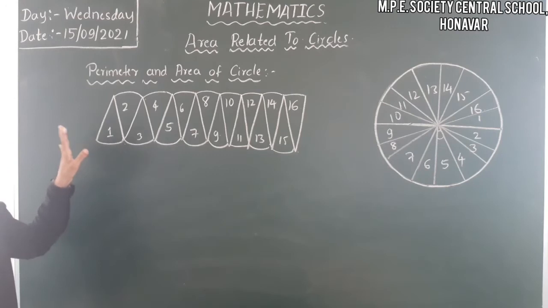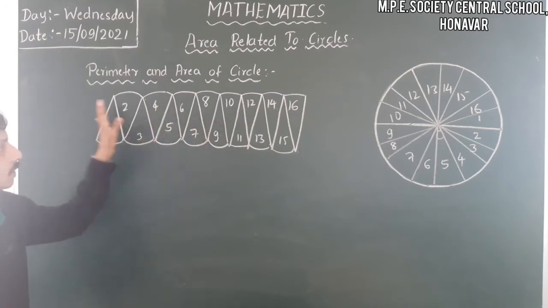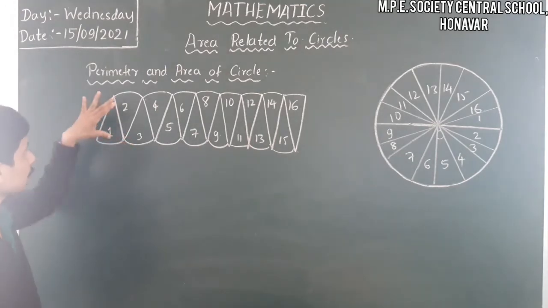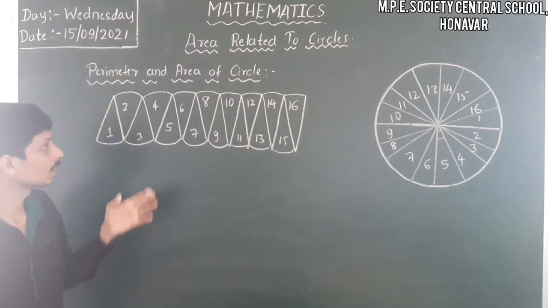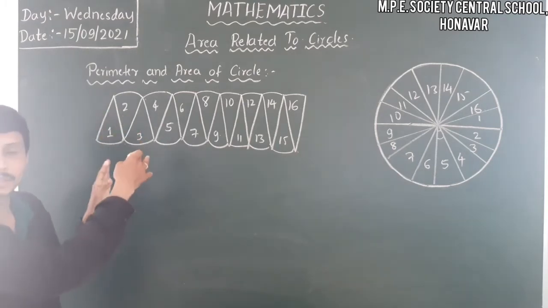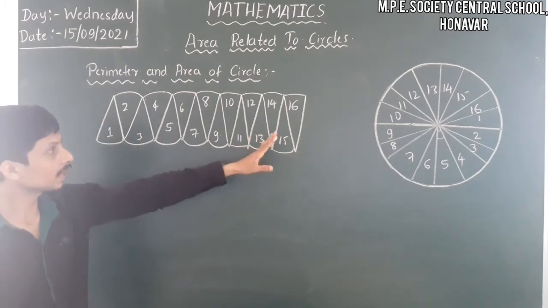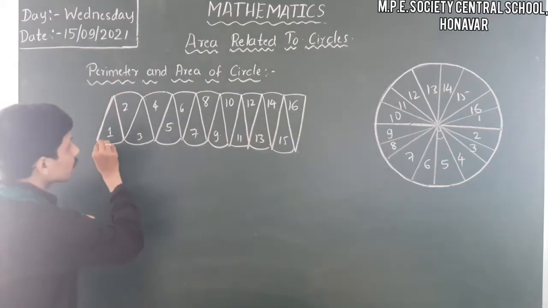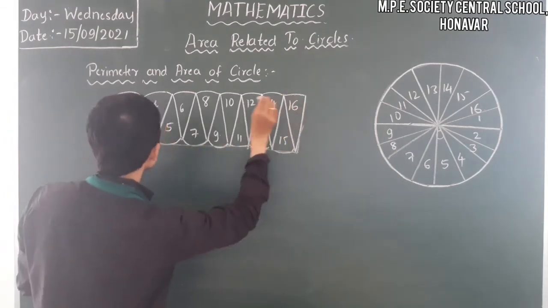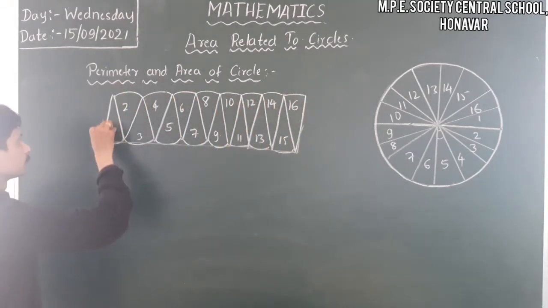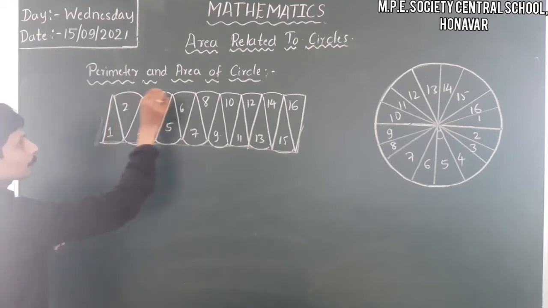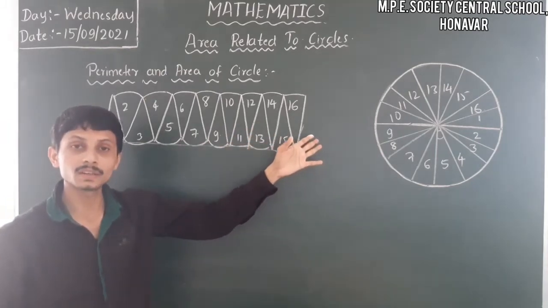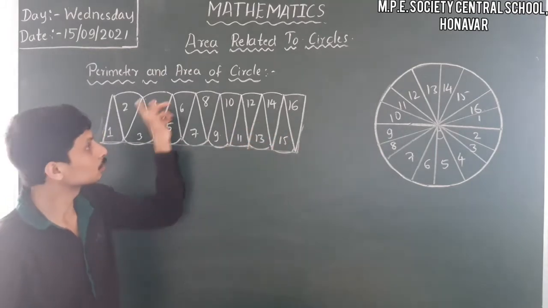Yes, just observe, I arranged all the parts one after the other. After placing the first part, I am placing the second part upside down, and the next one, the third one, is again upside down. Likewise I am placing them here, and just observe this correctly. This is looking like a rectangle. After placing one after the other, we are getting a rectangle here. So that means we can use the area of a rectangle here.